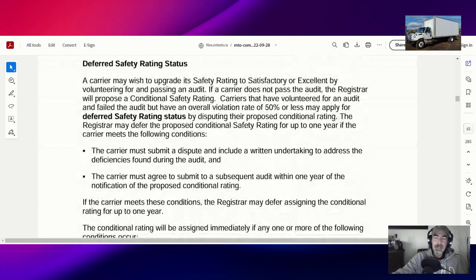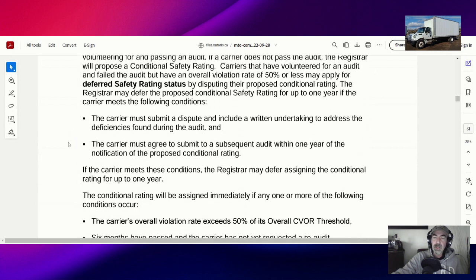Deferred safety rating status. A carrier may wish to upgrade its safety rating to satisfactory or excellent by volunteering for and passing an audit. If a carrier does not pass the audit, the registrar will propose a conditional safety rating. Carriers that have volunteered for an audit and failed the audit but have an overall violation rate of 50% or less may apply for deferred safety rating status by disputing their proposed conditional rating. The registrar may defer the proposed conditional safety rating for up to 1 year if the carrier meets the following